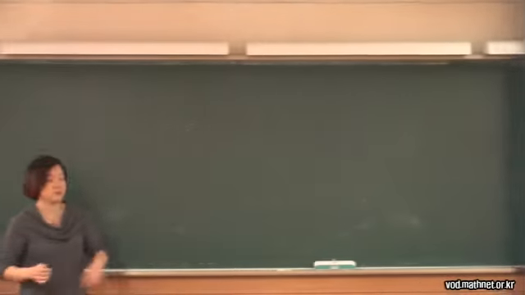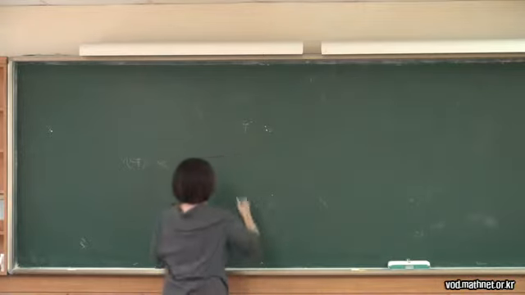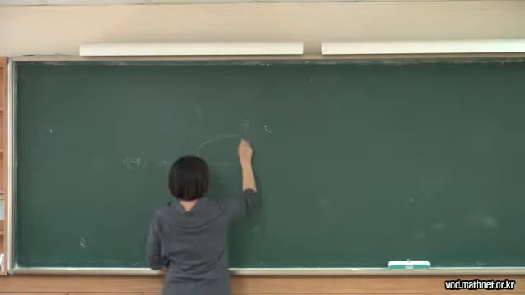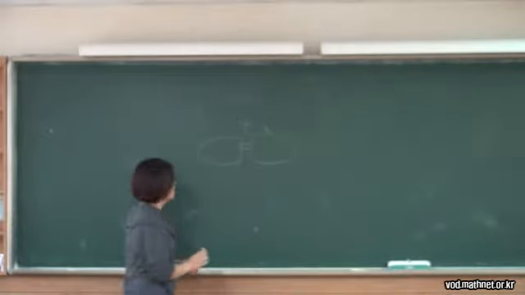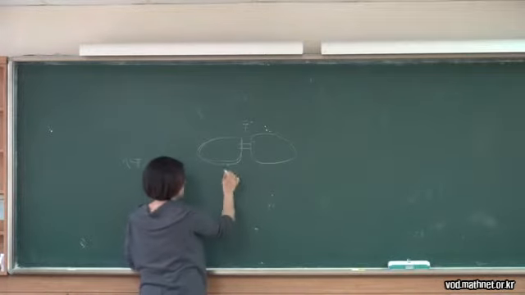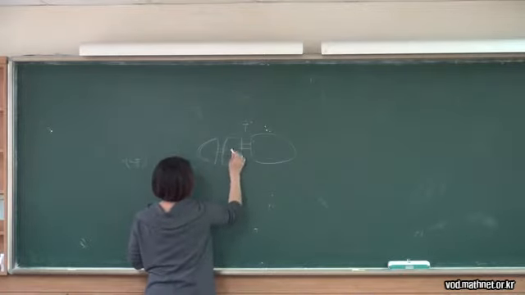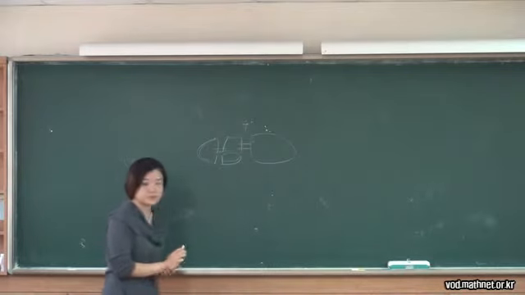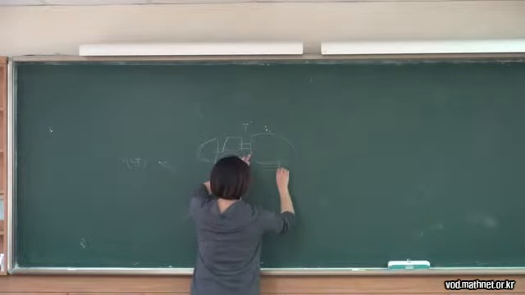So if the graph is 3 edge connected, then I have nothing to do. I just set G as G1 there. If it's not 3 edge connected, then I find a 2 cut like this, and if this is not 3 edge connected again, then I find another 2 cut. And if this is not 3 edge connected again, then I find another 2 cut, and so on and so forth. And suppose that this graph